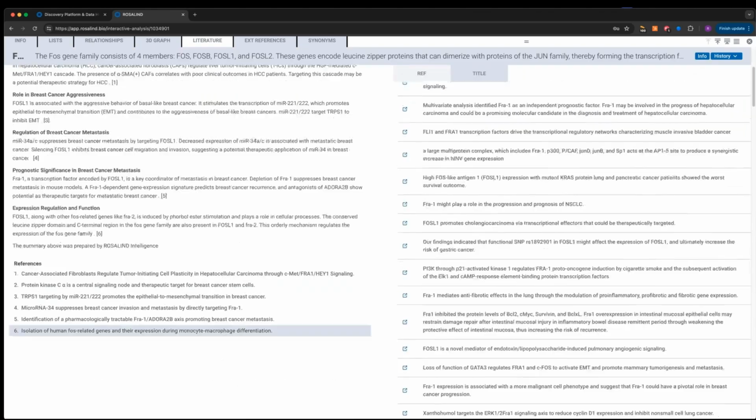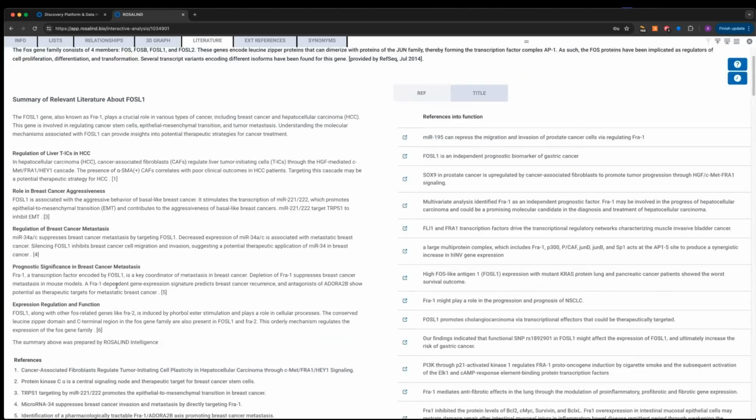So what's really important here and what's really neat is that this is always going to be up to date. This is completely novel. So if there's a new really important publication on FOSL1 tomorrow, and I ran this publication summary tomorrow to incorporate that, this publication summary would recalibrate. It would incorporate this new information. So this is always going to be up to date for you. So this is a generative AI. You can think of it kind of like a ChatGPT, but we put a lot of work in the background to make sure it's accurate.